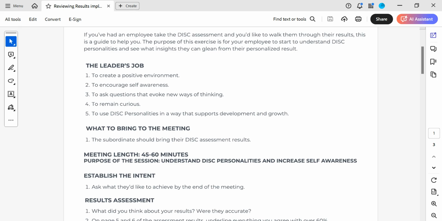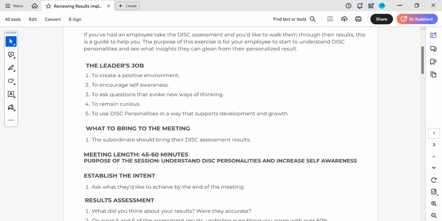So, this is not to say, hey, how can you best relate with other people? Or can you pick out DISC in other people? This is really focused on the person who's taken it to figure out, okay, what is DISC? Introduce them to that, and then to figure out what their personality type is, because sometimes people will take the assessment. Doesn't happen very often, but sometimes it does, and they'll say, that's nothing like me. So if that happens, then you need to get to the bottom of what their personality type is, because this is really about learning about oneself and not about labeling. So it's just gaining that self-awareness, and that's your objective in this first meeting with your employee.